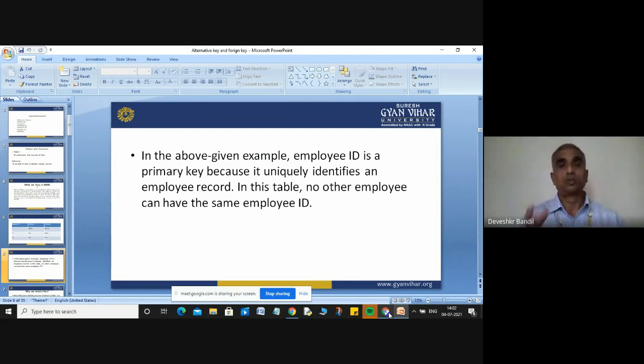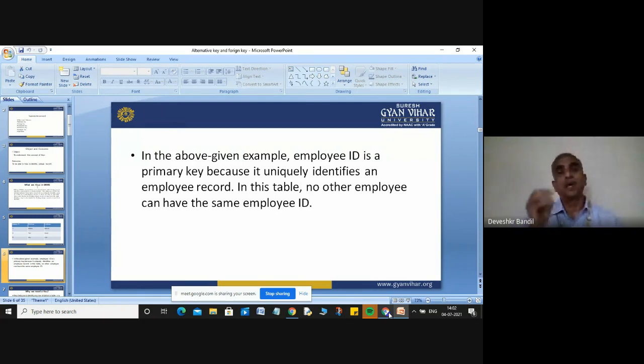Through the teacher ID you can identify a particular record, because teacher ID is unique, and teacher Aadhaar card may be a primary key, because through this attribute you can identify a particular teacher. And also, if you combine the teacher Aadhaar card, teacher PAN card, and teacher ID, then on behalf of these three columns you can identify a particular teacher.